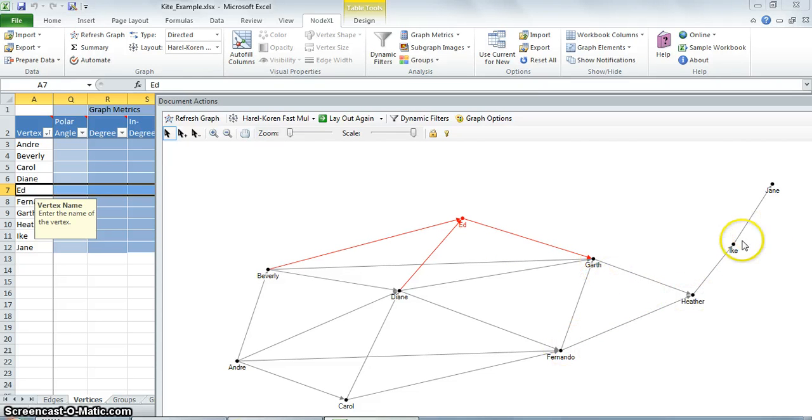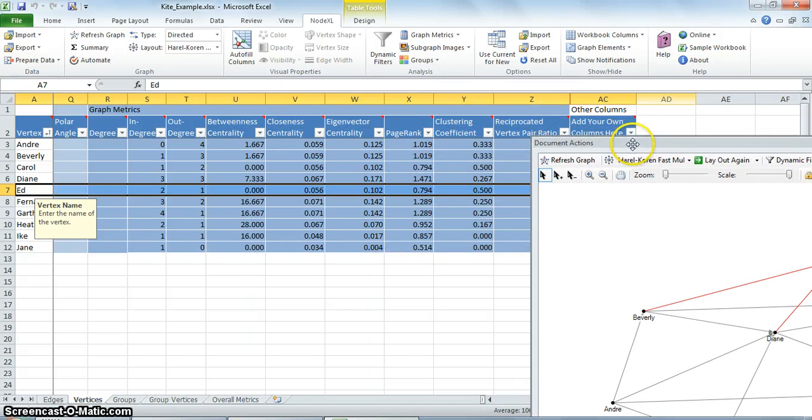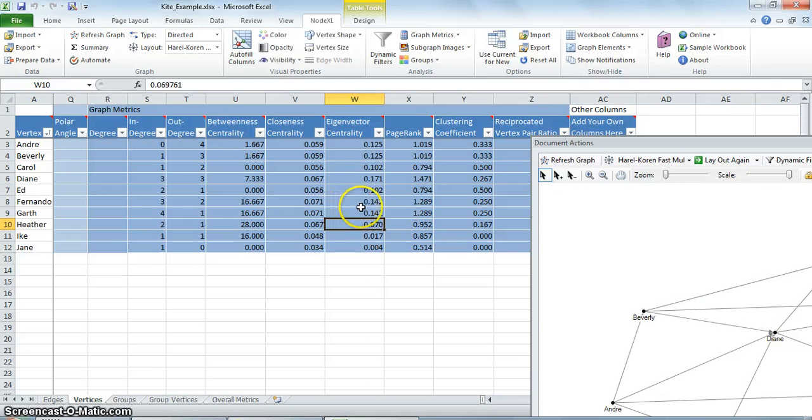Heather is connected to Garth, Fernando, and Ike, and Ed is connected to Beverly, Diane, and Garth. Ed is directly connected to Diane, however, who is the most popular person in class, whereas Heather is connected to Ike, who is among the least popular. This would explain why the eigenvector centrality metric for Heather is lower than it is for Ed.